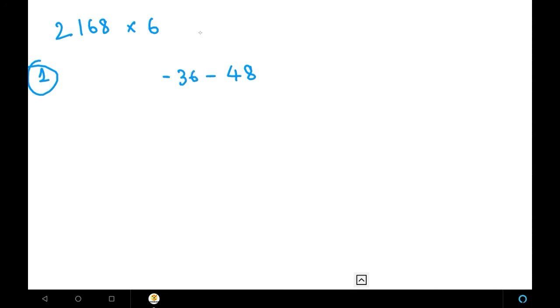Next, 6 into 1. Do you know that in the case we have got 6 into 1, we have got 6. In this case, what we have to do is, we should not write 6 as it is. We have to place a 0 before 6, because this makes our calculation correct and the multiplication easy. Any single digit number you get, you have to place a 0 before it. So here I have got a single digit, that is 6. I am going to place a 0 before it. That will be 06. 06 and 6 are both the same numbers.